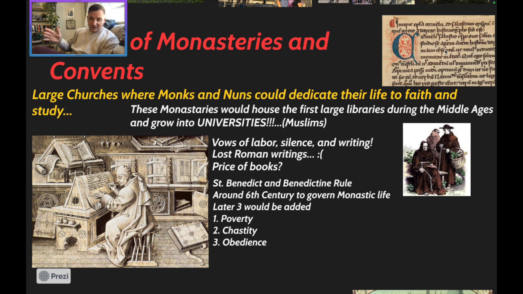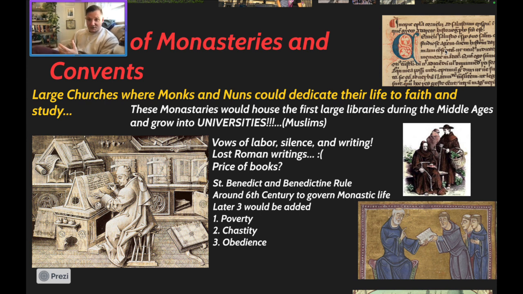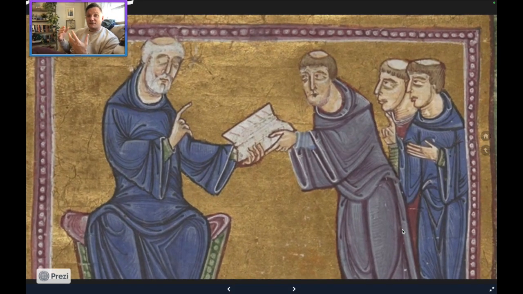Now, the other big thing that's going to end up happening is that they're going to be heavily regulated, and some of the earliest structures of the faith are going to begin to pop up in this area, right? Right around the 6th century, this guy named Saint Benedict shows up, who creates rules that regulate and govern monastic life, right? The 6th century rules that Saint Benedict came up with, known as the Benedictine rules, are going to be really big on how monks should focus on their vows of labor, how they should focus on their vows of silence, how they should all know how to read and write and be able to preach and teach at any given part of the day, right?